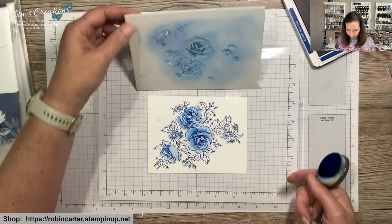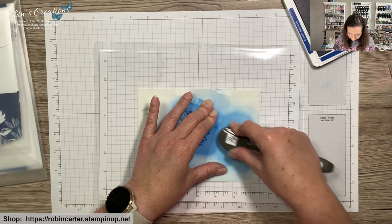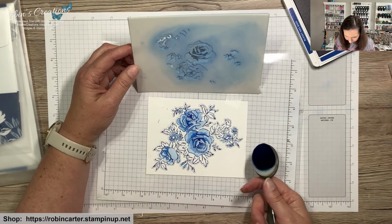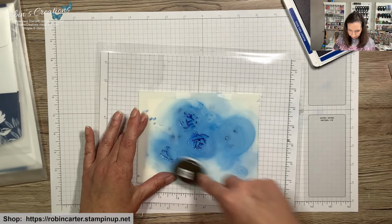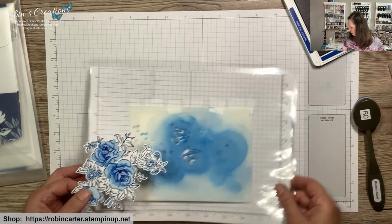Let's check out that. I really like the flowers. Let's see if we can get a little more detail down in there. So I'm having to press kind of hard to get the bristles down in there. And you know what? I'm pretty happy with that. I like the variation of blues. Now I stopped with that layer of the flowers and I did the leaves on